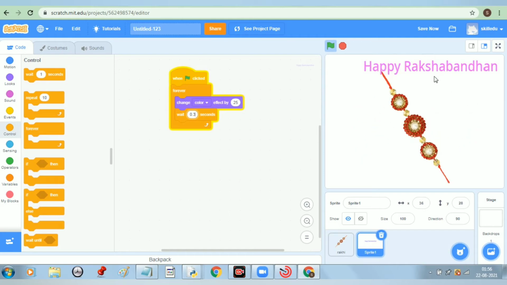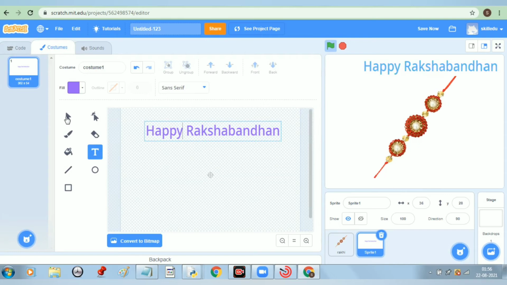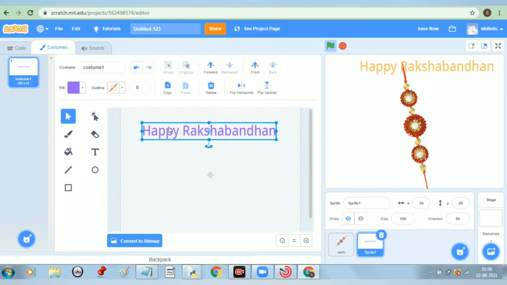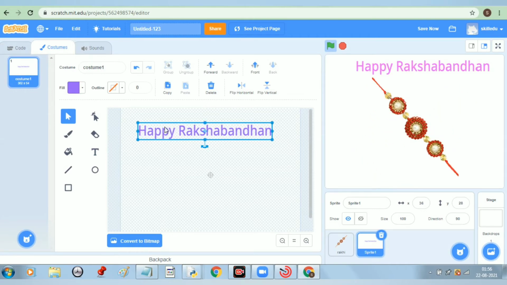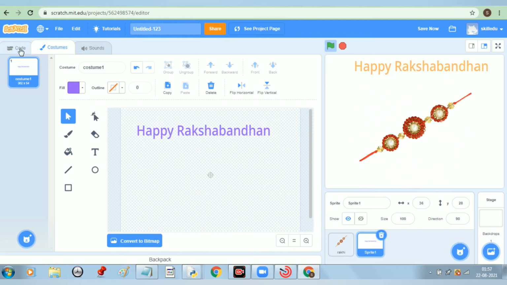If you want to change the position, if you want to bring it somewhat towards the left, you can drag it. First choose this select cursor, and you can bring it to the left side. Yes.